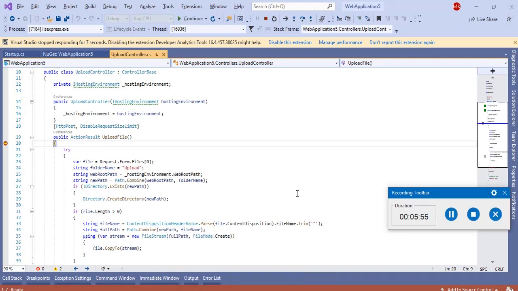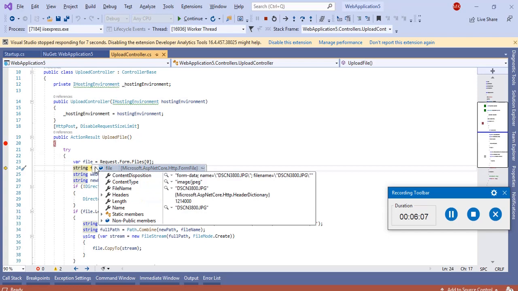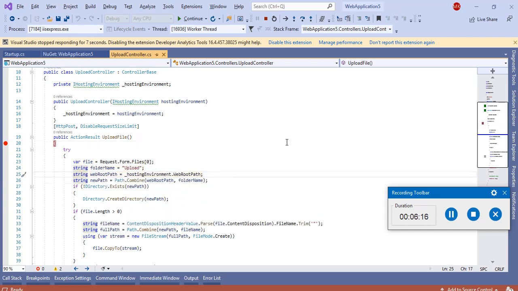Now on the backend, on the API, you will see that in the request file there is a file. You can see this. There is a file which you uploaded from the front end with the name, with size, and everything with address. So you can upload this to a particular web root. You can see the web root of the .NET Core application.